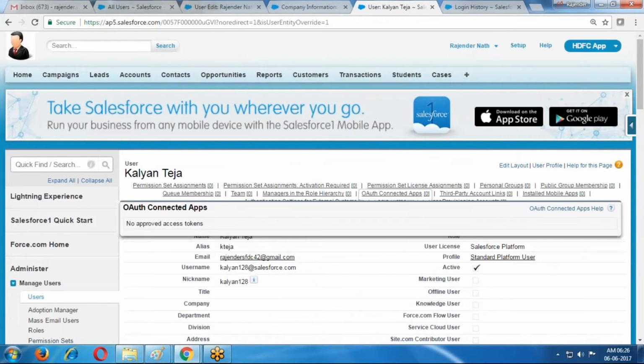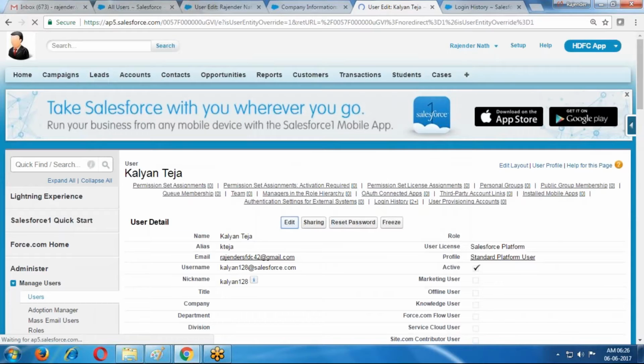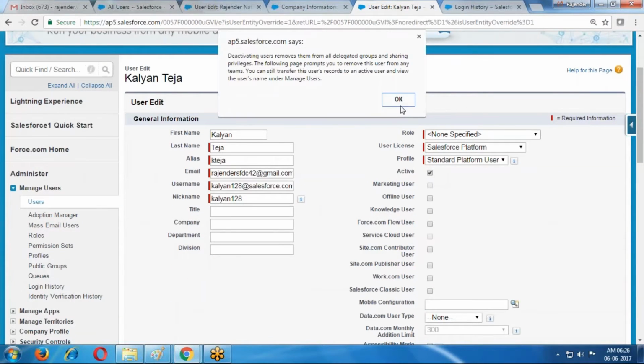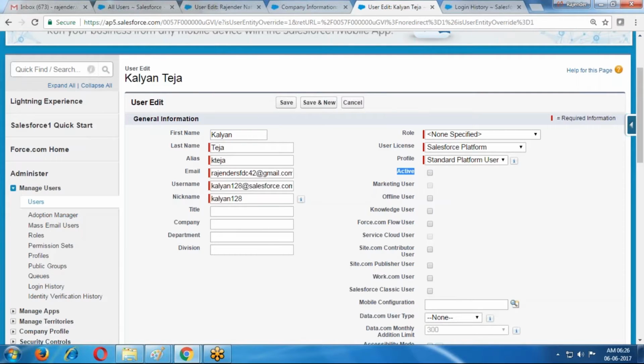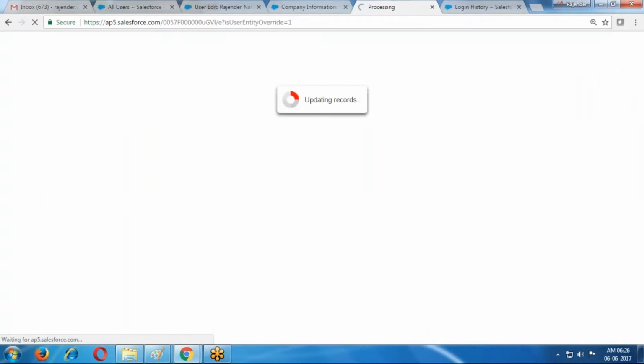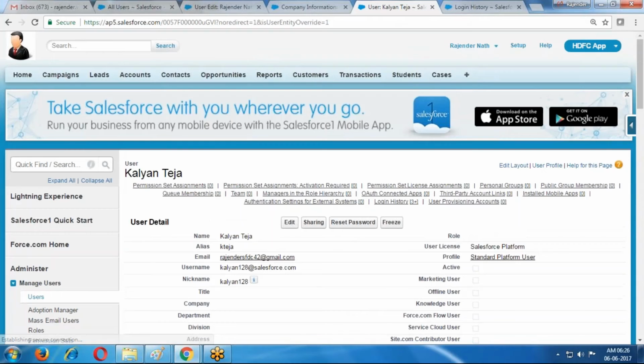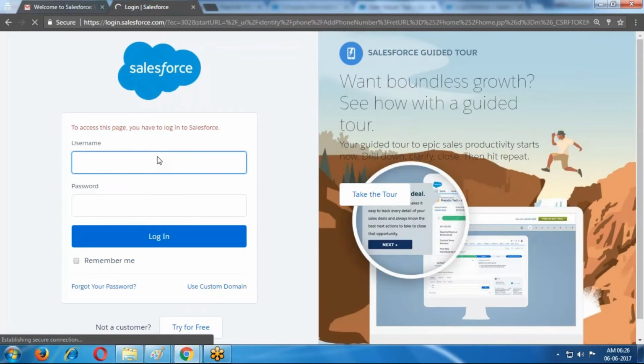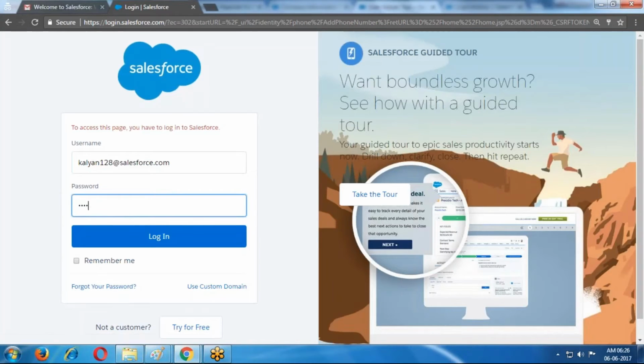Now if I edit and inactivate this user, after inactivating, once again I try to log in.